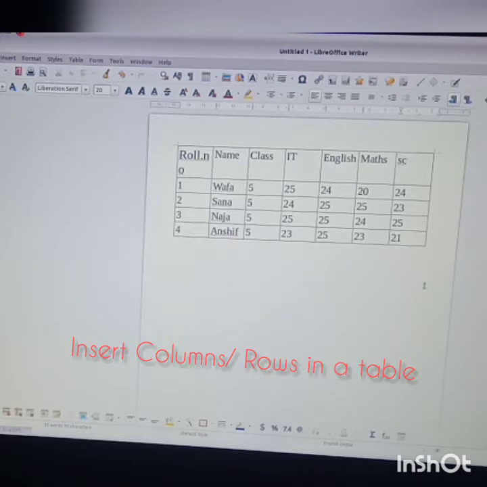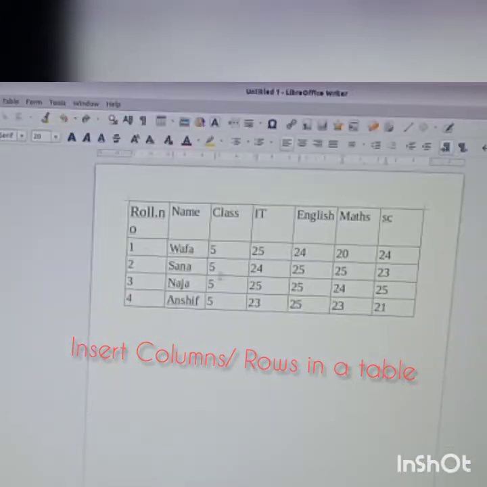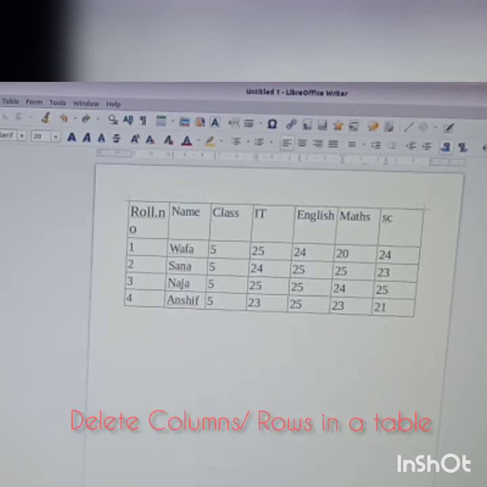Then what is next one in page number 50 children? Just check inserting columns and rows we studied. Now in page number 50 we should know how we completed how to insert rows and column. And now in page number 50 deleting a columns and rows. How we will delete a column and a row. Look at this children, we have inserted the science, right?